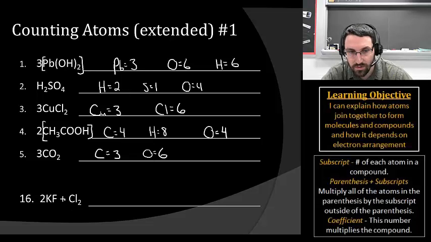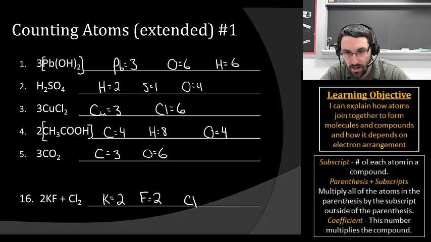Our last example, this one's a little different because we have a plus sign. This is starting to look more and more like an actual equation. The whole point of this is to figure out how many atoms are on either side of an equation. So I have 2 K's, 2 F's, and Cl I have 2, because this coefficient in front of the Cl is actually a 1,